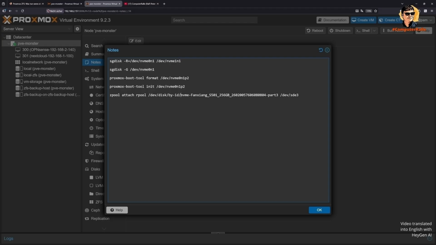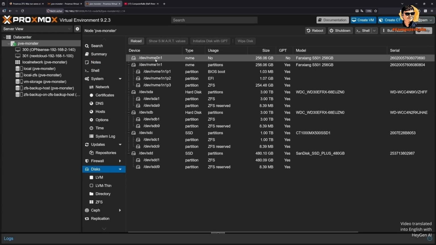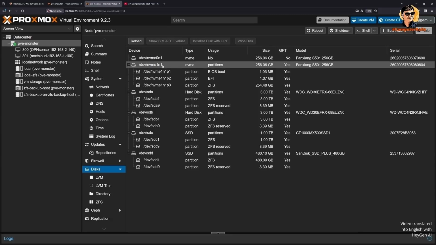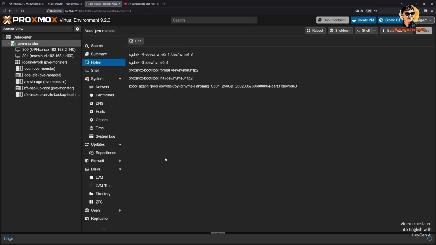You can do it however you like. You just shouldn't get confused. So now I've noted 0N1 and 1N1. Check again here that you're saving it to the right disk. That's the 0N1. That one is empty. That's the one I want to write to now. With the attach, with the add command, of course I first have to scrub the boot partition, the partition table, and everything on it. So I'll start here again in the notes. I'll go into the shell here, do this, go into the notes and say